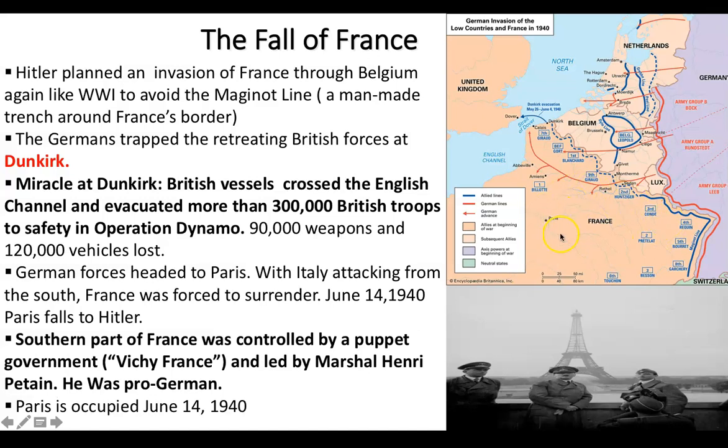The rest of the French troops that he has to fight here really aren't that many, and so he's able to bring them in. So this whole Maginot Line thing didn't work. Surround them, force them to surrender, march to Paris, force the government to surrender. And so he takes Paris in basically a matter of 6 weeks. You can see the bottom picture there with him by Paris, France.